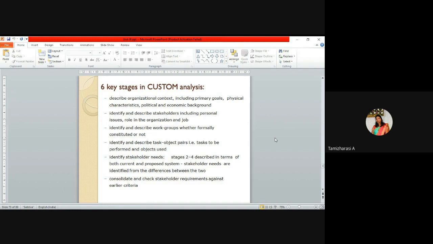And then we have to bridge the requirements from both the current and the proposed system. We have to collect the requirements, that is the stakeholders' requirements, and finally we have to consolidate and check whether we have identified all the requirements or not. Can you